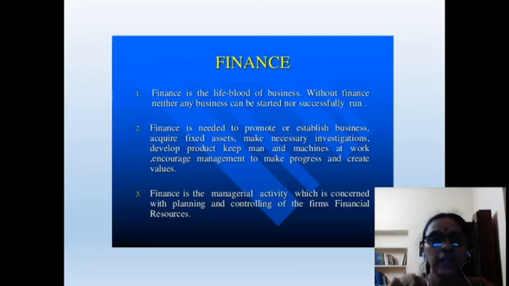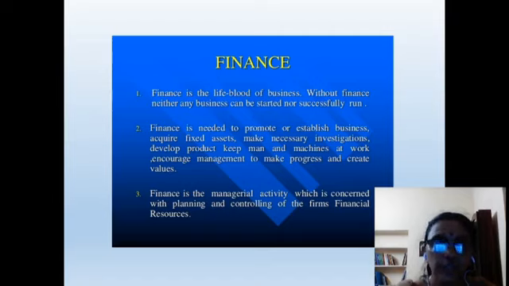So, finance is the lifeblood of any business. We can understand the importance of finance from these aspects because it is considered the lifeblood of business. We know that without blood, no one can survive, and without finance, no business can be started or successfully run. Finance is needed to promote or establish a business, acquire long-term or fixed assets, make necessary investigations, develop the products and market the products, and make the business